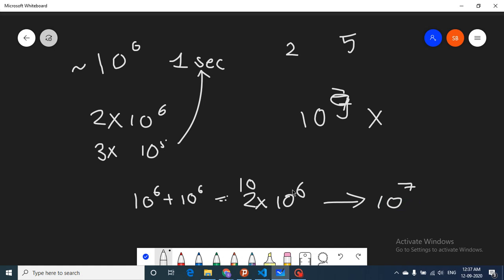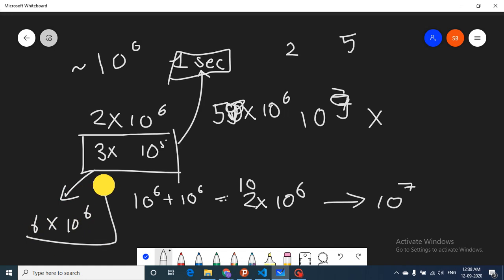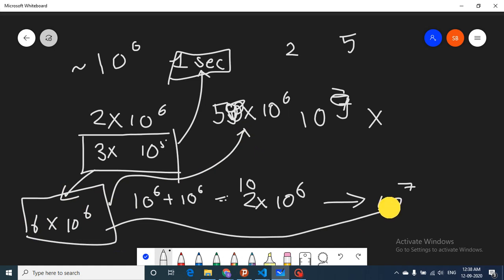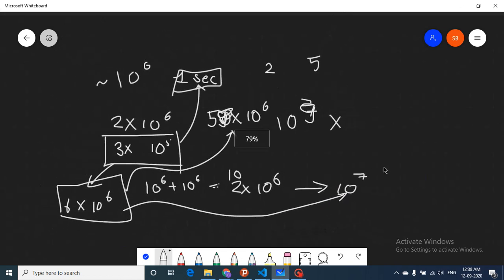They have increased it to 2 or 3 seconds such that, let's assume the upper bound is 10 to the power 6, and the constraint is 10 to the power 5 or 10 to the power 6. I have seen 5 seconds in many of the questions. If you increase to about 2 seconds, or if it is 3, then it can go to 6 in 10 to the power 6 operations, and then you can pass this constraint. But you cannot pass a 10 to the power 7 constraint in any of the questions. You cannot do 10 to the power 7 operations, that's for sure. So first keep this in mind.